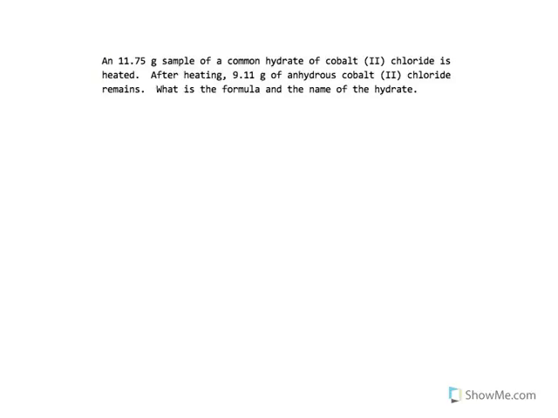In this problem, what we're trying to do is find the formula of a hydrate. A hydrate is an ionic compound, in this case, cobalt 2 chloride, CoCl2, in which case inside the crystal lattice is located a certain number of water molecules, a certain number per every mole of cobalt 2 chloride, and that's what we want to find. We want to find what that number is. It should be some whole number, 1, 2, 3, 4, 5, 6, 7, 8, 9, 10, could be even higher